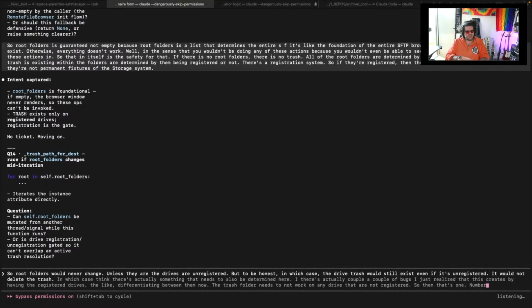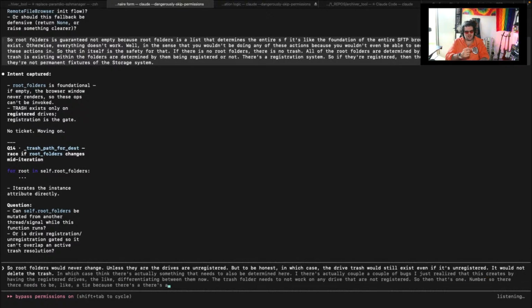So there needs to be like a tie, because there's an invisible identification file that gets created per registered drive. It's like a JSON file. That's one. Number two